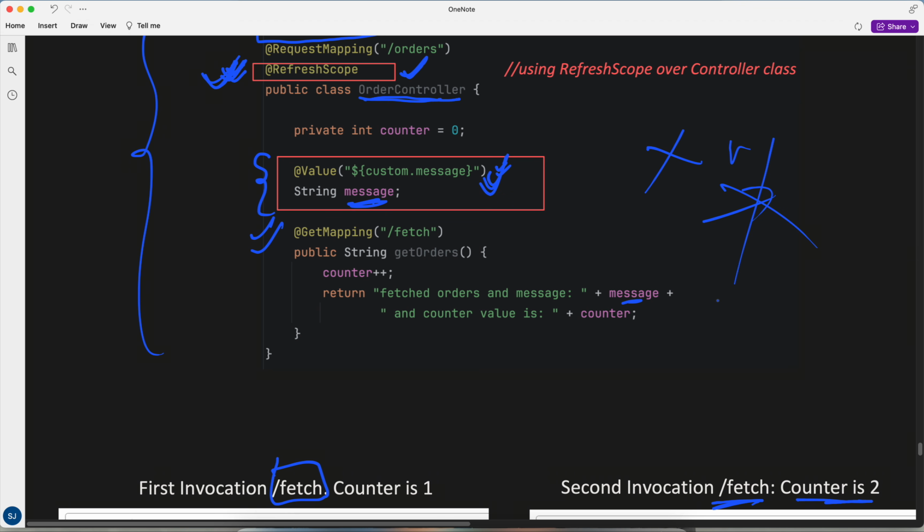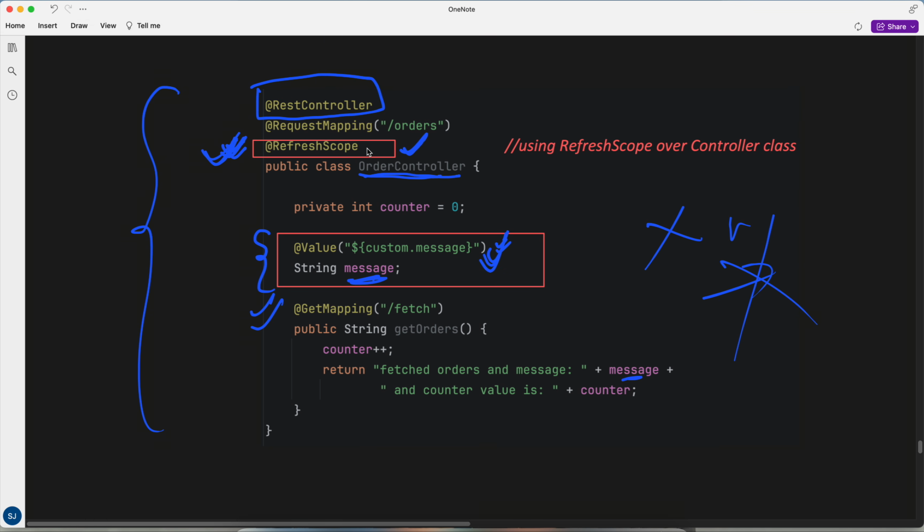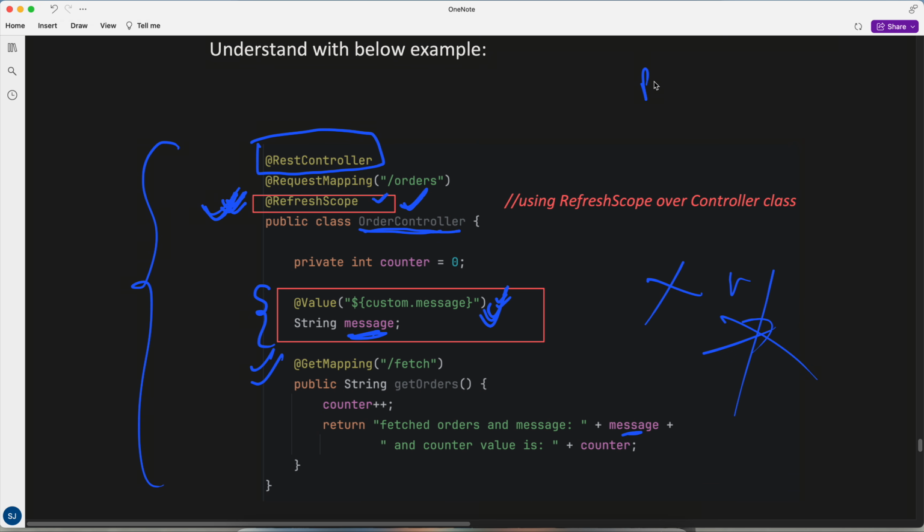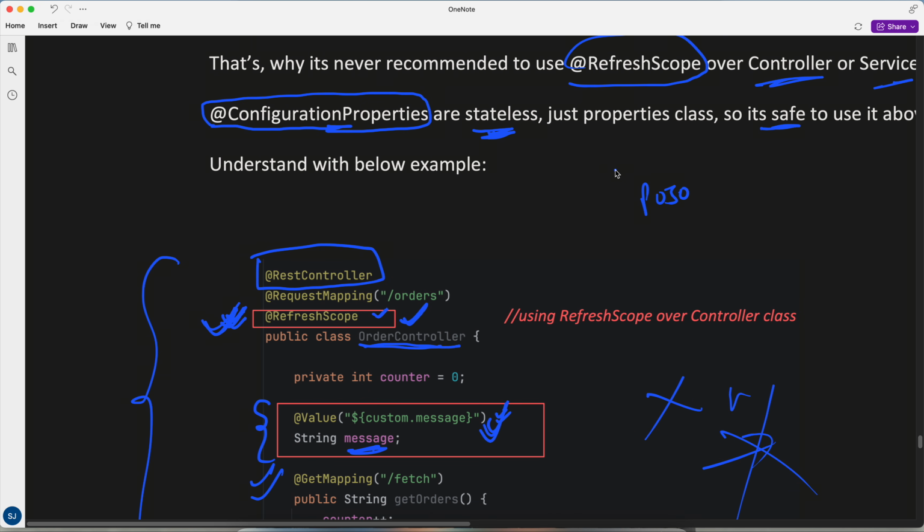So again, very important in interviews also: never use @RefreshScope over a controller or service. Always use it over a stateless object or stateless bean like a POJO, which is for configuration,